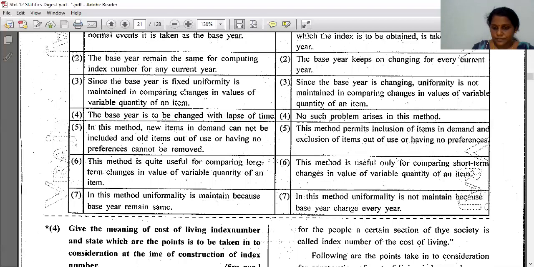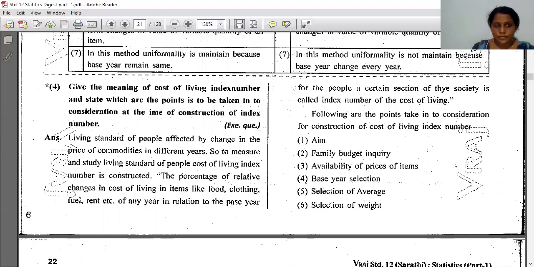Now next is: give the meaning of cost of living index number and state which points are to be taken into consideration at the time of construction of index number. The living standard of people is affected by change in the price of commodities of different years. So to measure and study the living standard of people, the cost of living index number is constructed. The percentage definition is the percentage of relative change in cost of living in items like food, clothing, fuel, rent, etc. of any year in relation to the past year